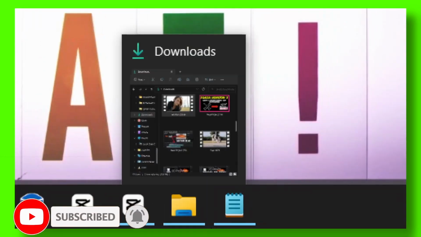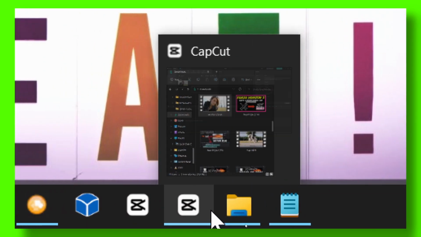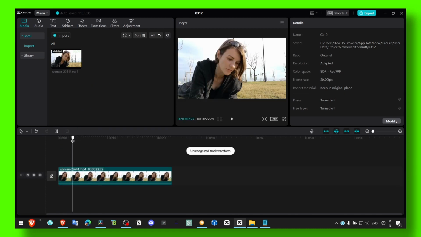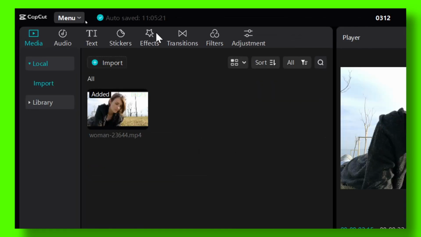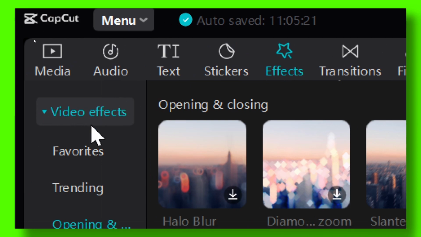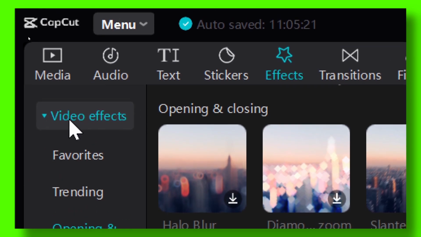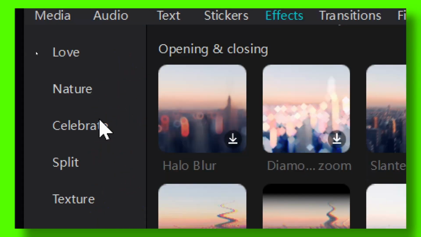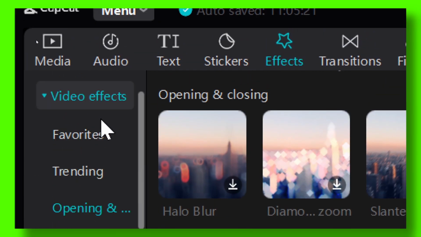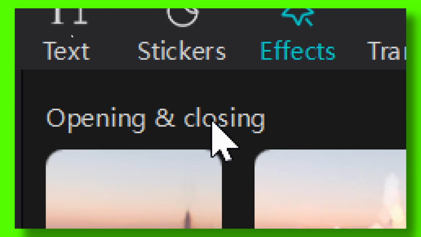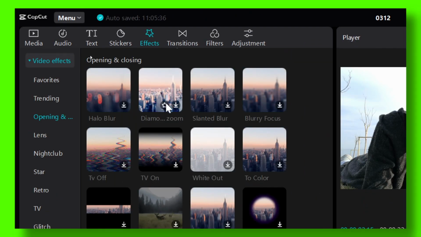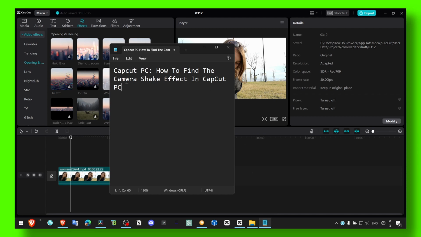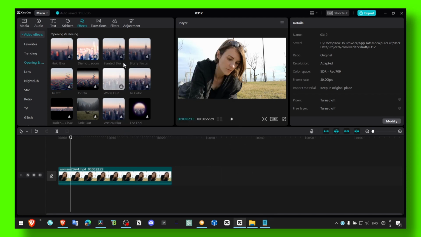So let's just open Capcut PC, and now what you have to do, just grab your video, drag the video onto your timeline, and here if you head over to effects, here you should see effects, video effects, expand video effects, and then here in video effects make sure you click on opening and closing, and here you have slanted blur, okay? And slanted blur,